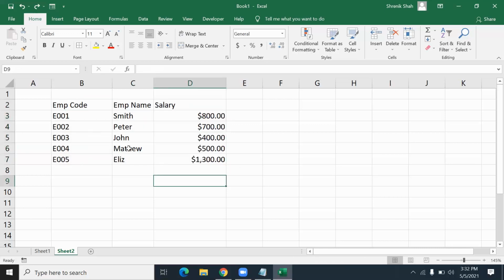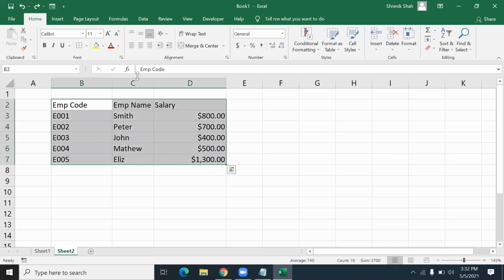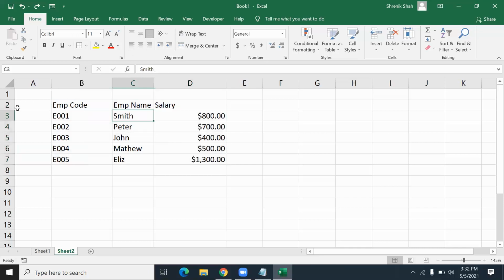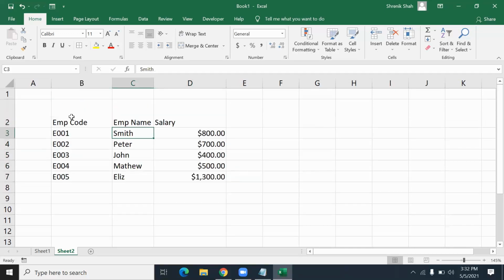I will make some changes. I select this table and click on the alignment options. These three are the horizontal alignments and these three are the vertical alignments. Now I show you how. I increase the row height, and you see the label salary is exactly in the left bottom corner, right?